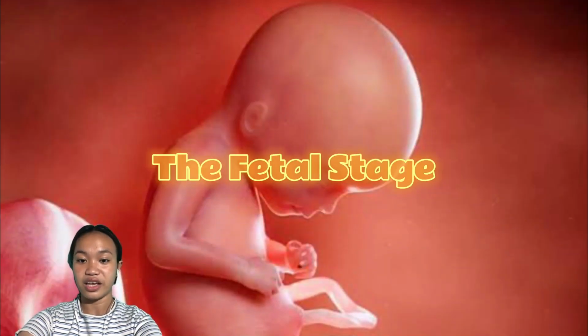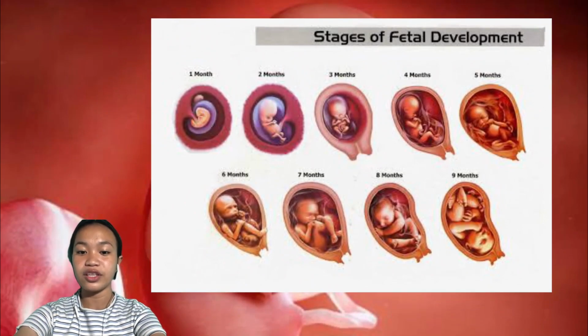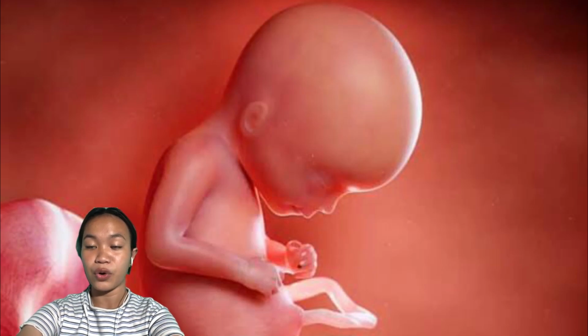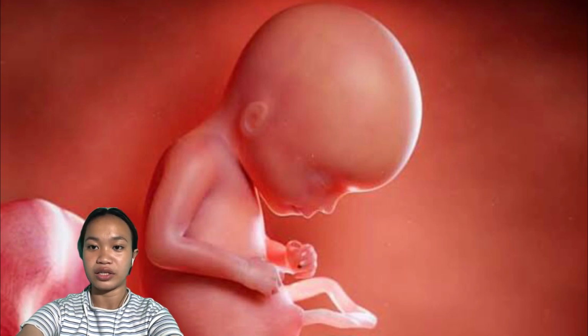The fetal stage. During this stage, the fetus will continue to develop organs, including the brain and spinal cord, between weeks 9 and 12. The fetus will begin to make movements with their arms and legs. It's also during this stage that sex organs will begin to differentiate. Before I end this video, I'll show you some examples of prenatal development and the 3 stages of gestation.